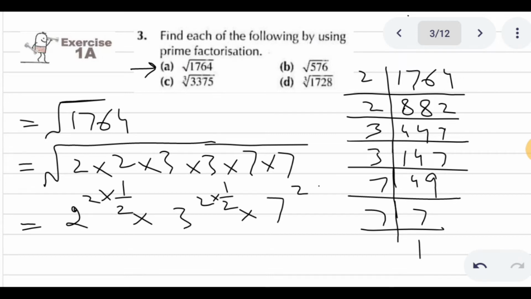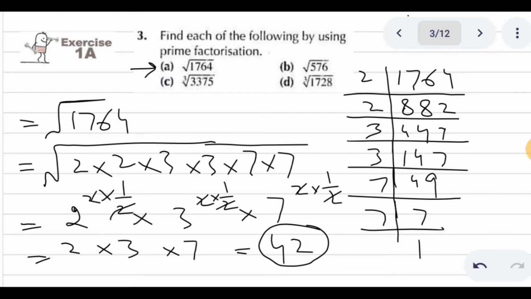Because all of these numbers are under the root, we will write 1 over 2 with each of these powers, and now we will cancel these powers with 2. So the remaining numbers will be 2 into 3 into 7. So its answer will be 3 2s are 6 and 7 6s are